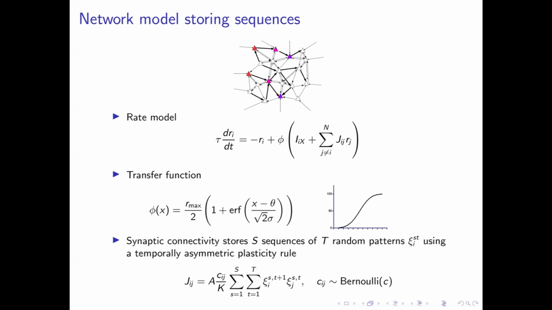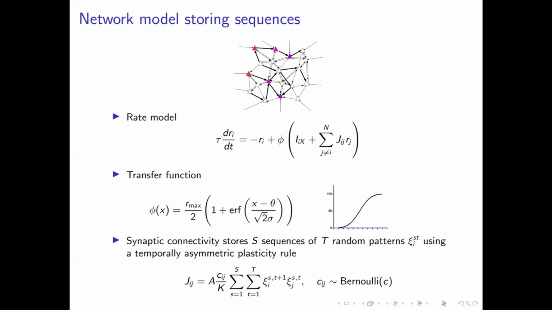And of course, the crucial point here is how you structure the connectivity matrix, right? Here we will take a model that is very related to models that have been used by physicists in the late 80s and 90s, where the idea is that at each point in time in the sequence, the network is driven by some external input to a particular state. These xi here are IID random variables, so they are independent for each neuron and for each time step in a sequence.